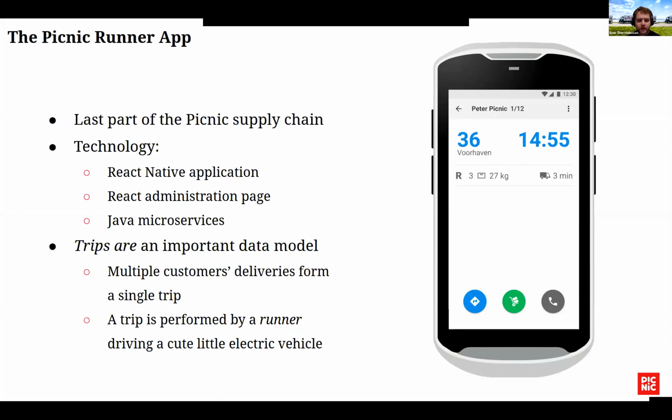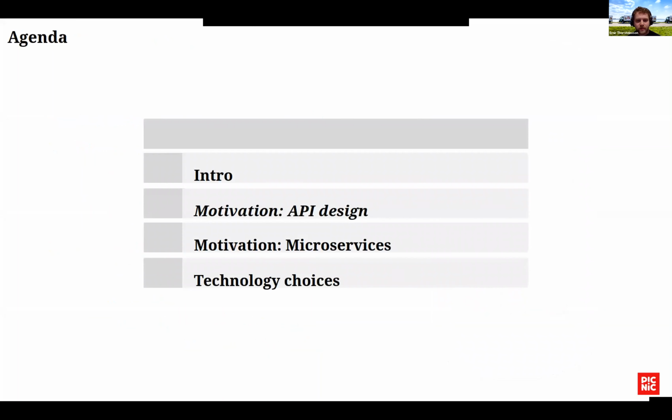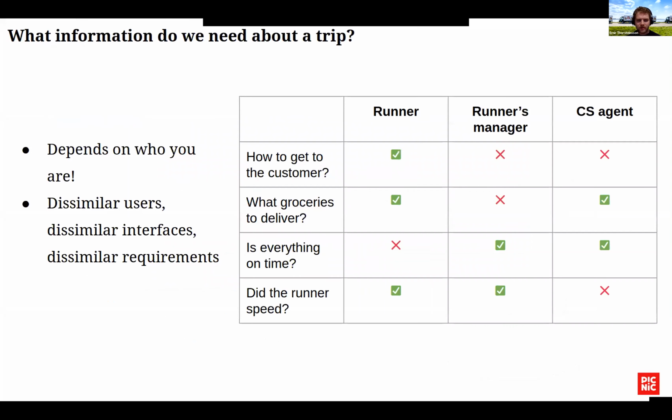Now, that brings us to APIs. We have trips. We want to show them to runners, and the question comes up: what information do we even need to show to a runner in order for them to perform a trip? Or what information do we even need to know about a trip in general? And this more general question becomes a bit hard,